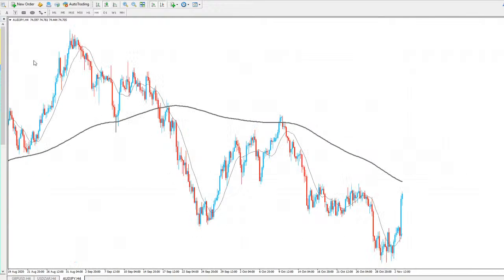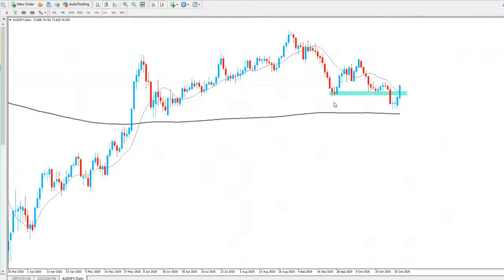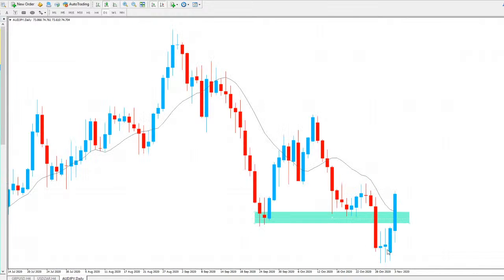AUDJPY, this one's looking very bullish as well. Again, this was the previous daily support in the market. As you can see, if I drop to the daily time frame, strong area of support in the market, push to the downside, held on the daily chart, push back up, back there again, broke below, and it looks like that could be a false breakout. As you can see, price goes below that area of support, and as today's candle looks like it's going to close back above.